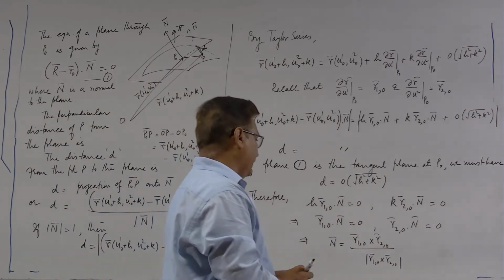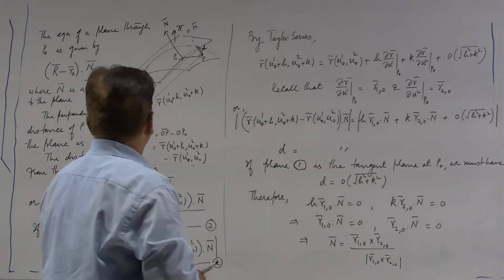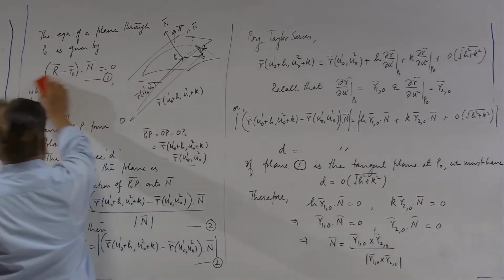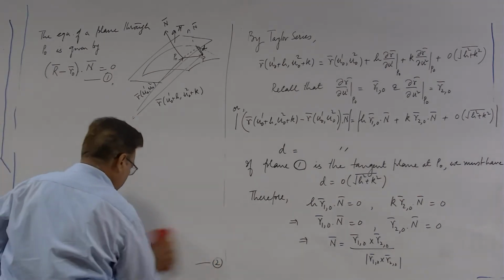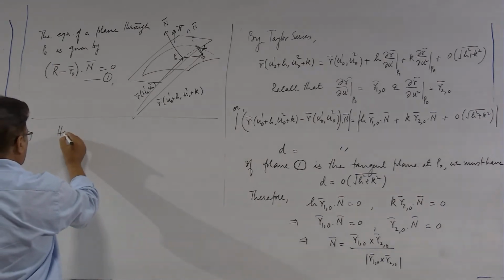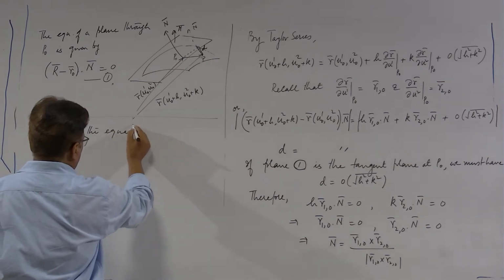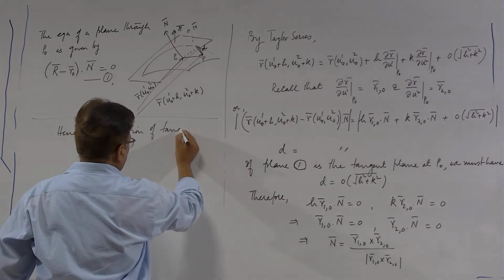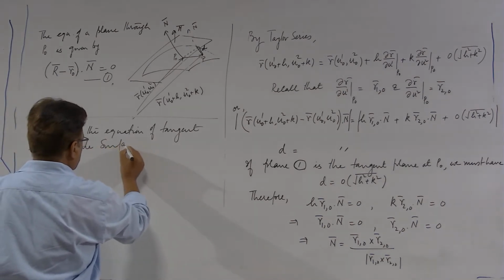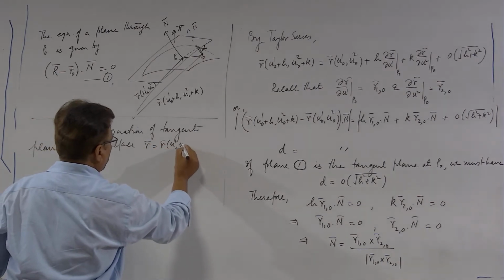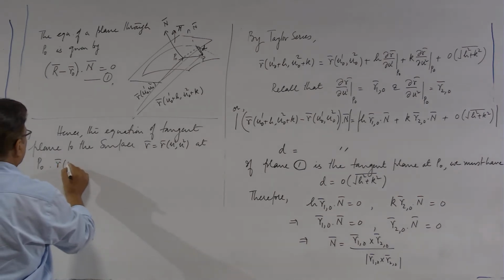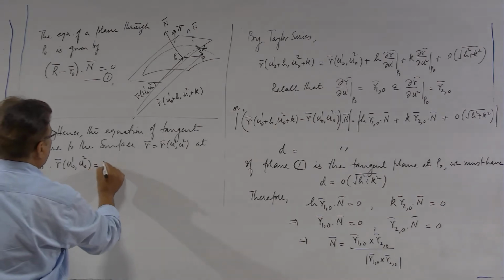If the unit normal of the plane is the cross product of the basic tangent vectors, then this plane will be the tangent plane. So, that is the conclusion that we have. Hence, the equation of tangent plane to the surface R of u1 u2 at P0, which is in fact R of u1 0 u2 0, which I will be denoting by the symbol R0,